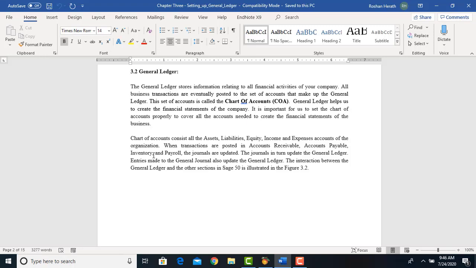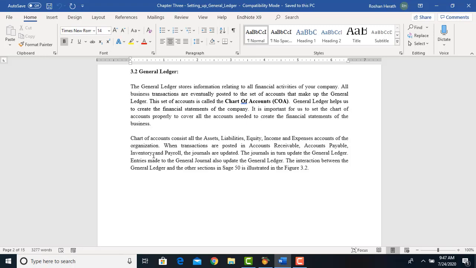For some transactions, for example accruals, prepayments and depreciation, the general journals have to be created on your own. So when you work in these general journals, they also get linked to the general ledger, and the general ledger will update the relevant chart of accounts. The relevant ledger accounts get